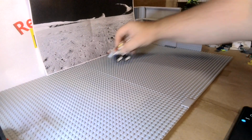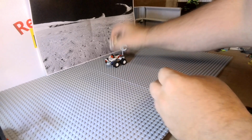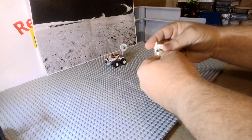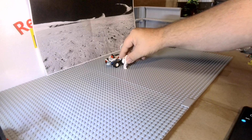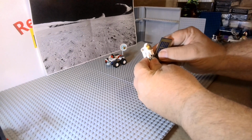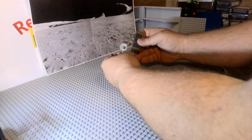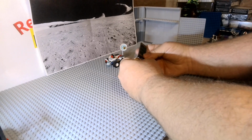So, we'll have them come out. I'll have to stage them up a little bit. I have a couple extra pieces just off to the side, so we will have to have him pull out a solar panel. Got an extra solar panel the other day, so we'll have them, I don't know if I could have them grab onto this, and